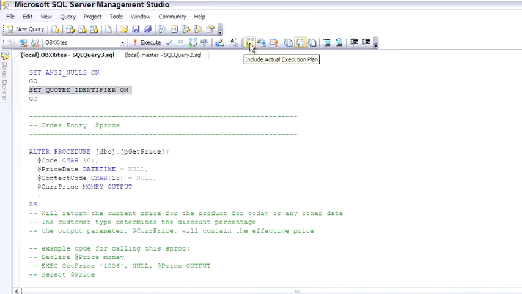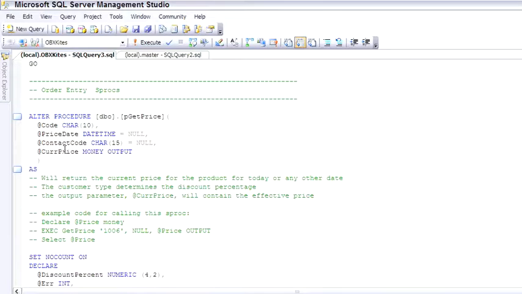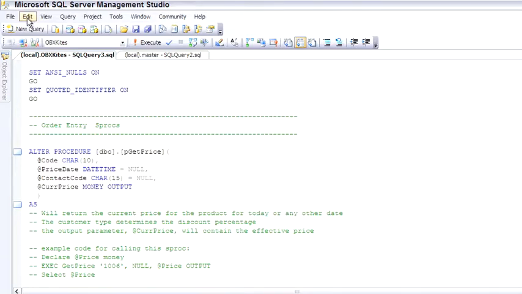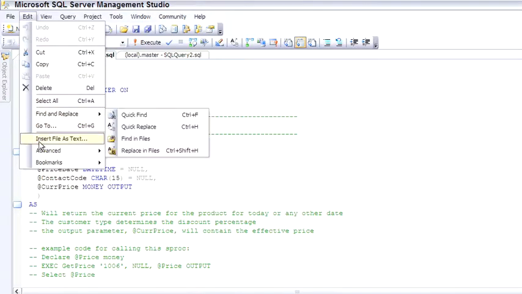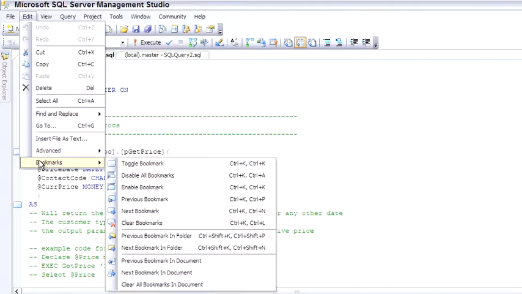New to the query editor is a whole series of bookmark and Control K features. So let me come down and select a line, and then Control K places a bookmark there. Let me come down, place another bookmark, just another location, only for purposes of showing you the bookmark. Control KN then moves to the next bookmark. There's a whole series of K commands. You can find them listed down here in the menu, as far as toggling bookmarks, enabling them, moving to the next